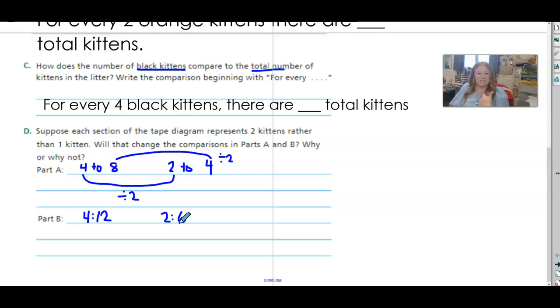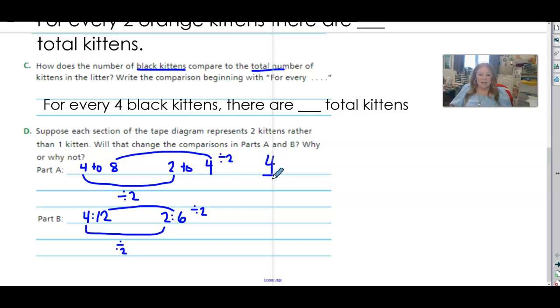So let's see if this changes our comparisons. How did we get from 4 to 2? We divided by 2. How did we get from 12 to 6? We divided by 2. So because we did the same thing to the black kittens and the orange kittens, even though we have different answers, they are equivalent ratios because we did the same thing to both of the problems,